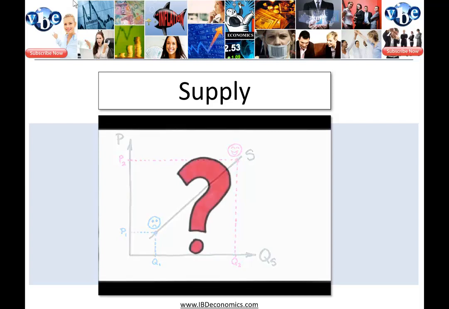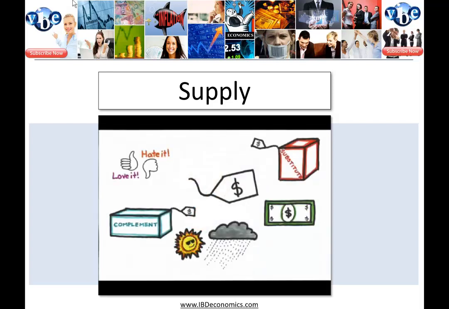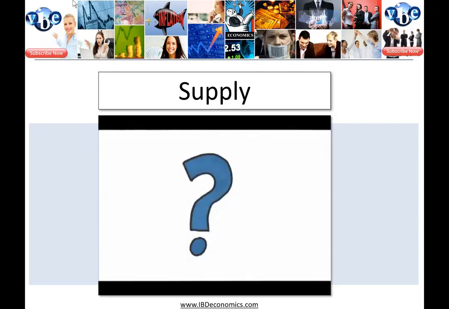Okay, think back to demand again. What factors or variables affect willingness to purchase? Quantity demanded is affected by product price, price of substitutes, price of complements, income, tastes, age, weather, and so on. Well, guess what? Suppliers' decisions are affected by much more than the price tag, too. Like what? Well, good question. What determines a supplier's willingness or ability to provide the product to the market?